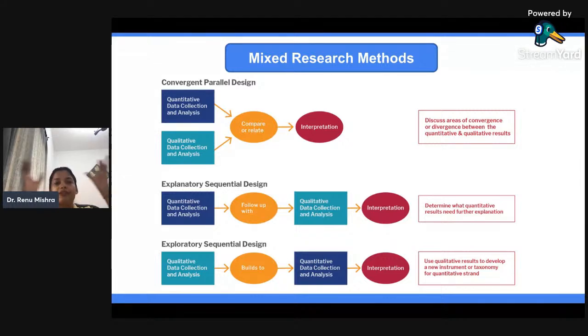There is no fixed ratio. It all depends upon what kind of research you are doing. For example, if you are studying attitude, then in that case your quantitative data analysis would automatically be more as compared to the qualitative. Now, when you say more or less, I would not be able to tell you